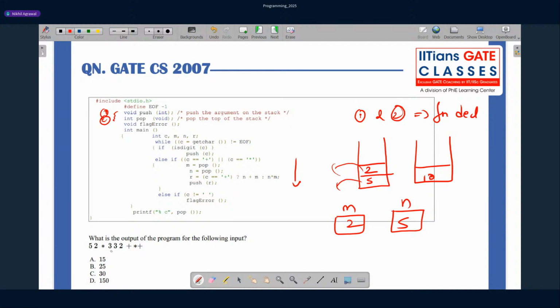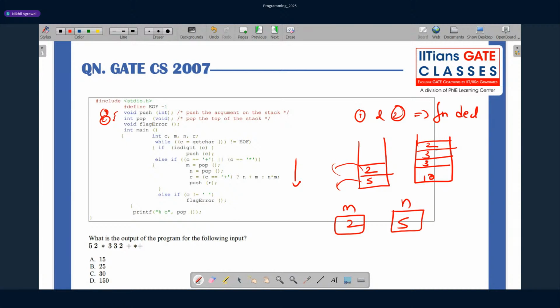after this, what will happen? Again 3 is a digit, so push onto the stack. Again another 3, push onto the stack. Then another 2, push onto the stack. Now what is happening? We got the plus operator. When it is plus, you pop two elements, perform addition, and push the result onto the stack.